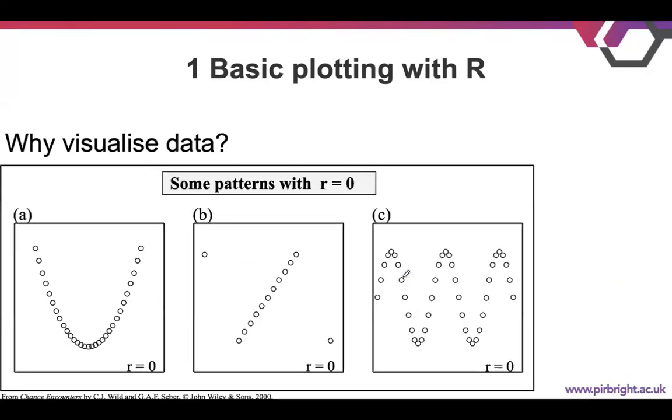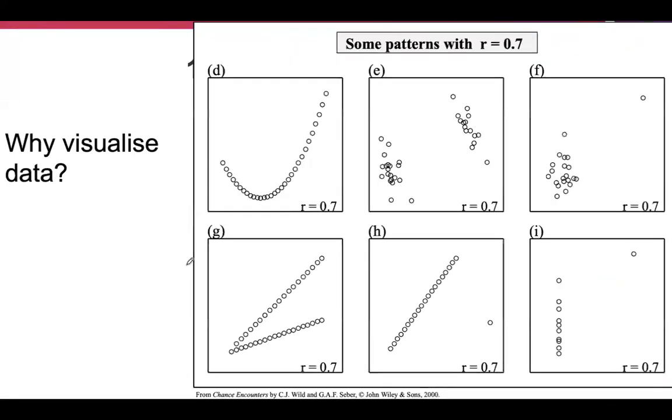So why do we visualize data? Because when we visualize data, we see more things than might meet the eye. So all three of these plots have the same correlation coefficients. So you can appreciate that point there. There's three very different things going on. If you look at these graphs again, all these correlations are 0.7. There's a positive correlation here, but you can see here there's